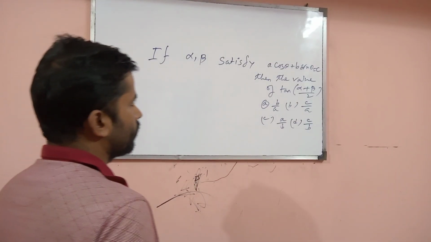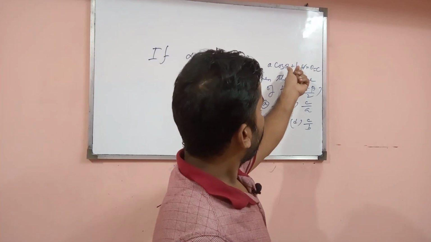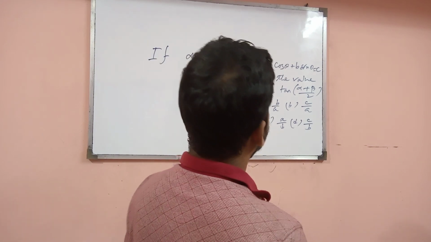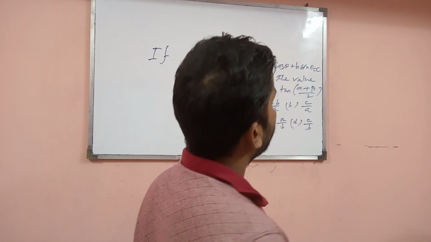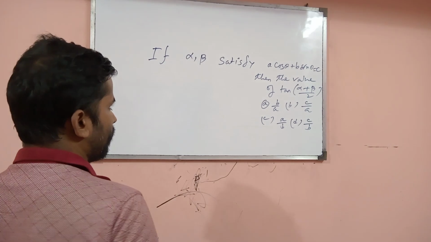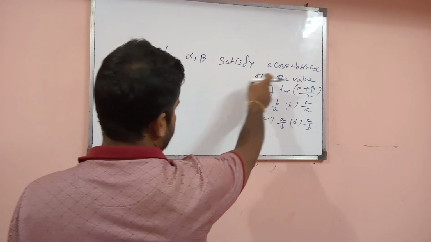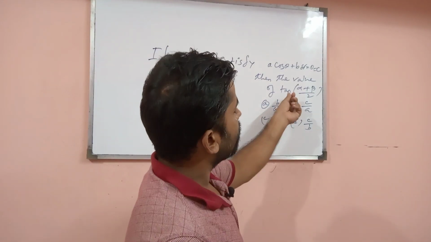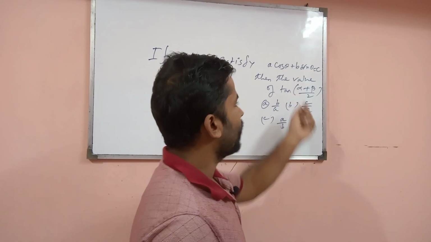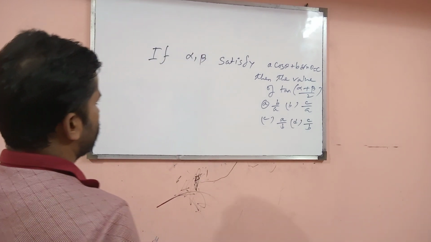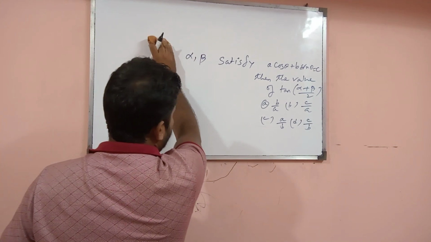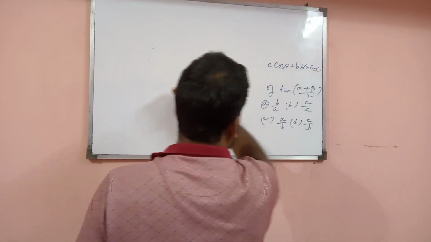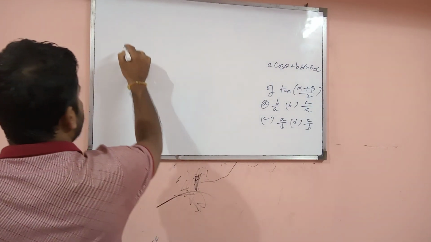So it is a trigonometric equation. Okay, so alpha, beta satisfy this, but we are asked to find out the value of tan (alpha plus beta) by 2. So let's see how to solve the problem. Okay, solution: